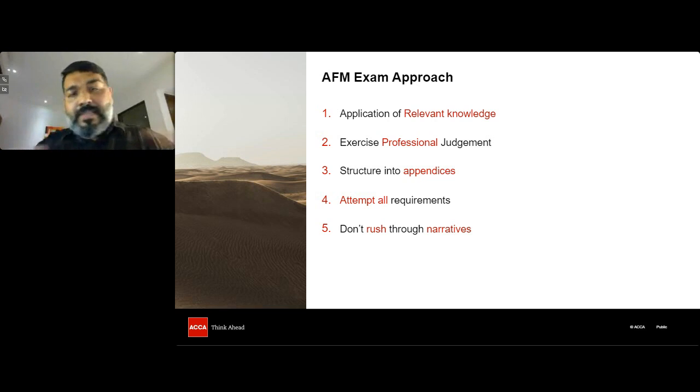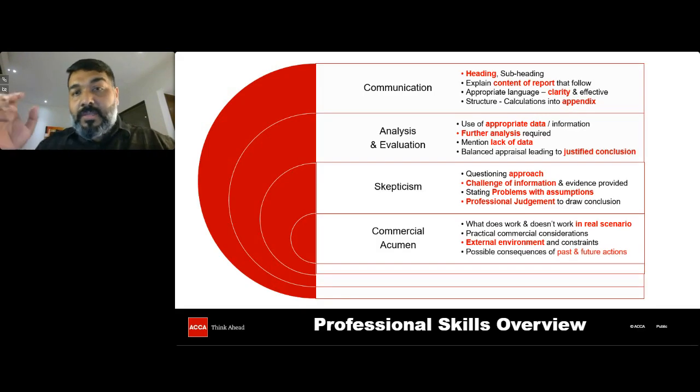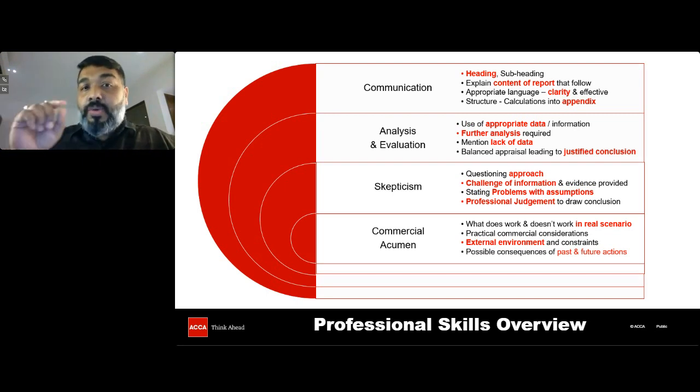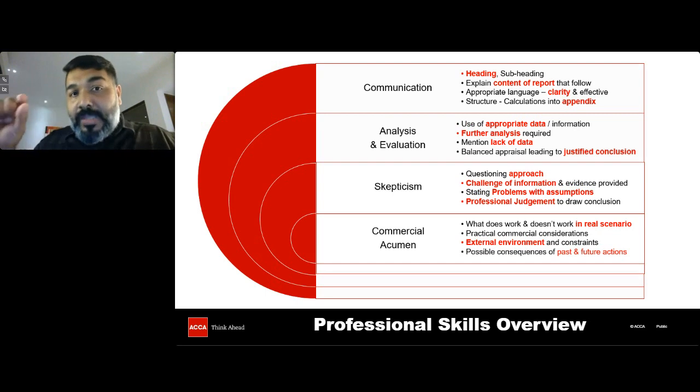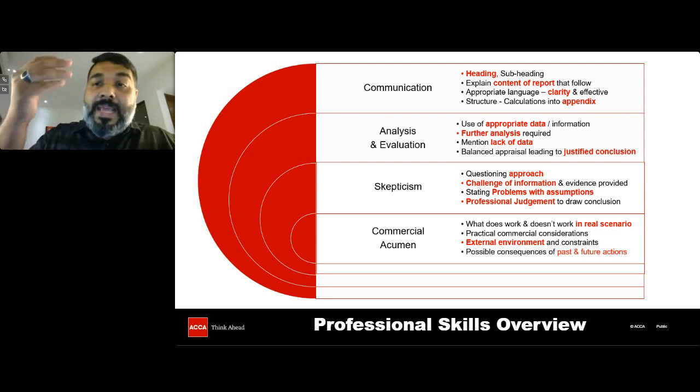So let's have once again a look into it. You should use this like a checklist in order to score maximum professional marks. So what is that checklist supposed to be? Here is the checklist, the professional skills overview. Communication: what are you supposed to do? Clarity, be effective, ensure that you use proper structure, use appendix, put headings, subheadings,